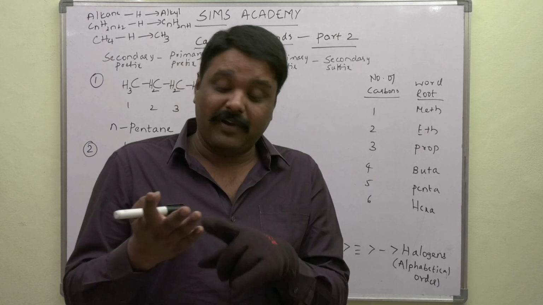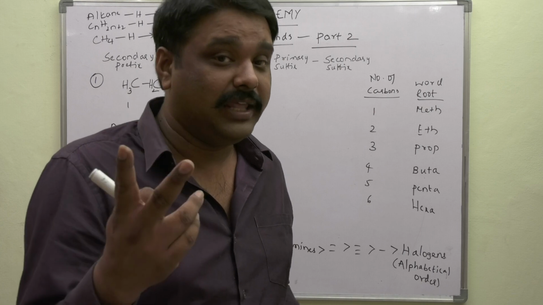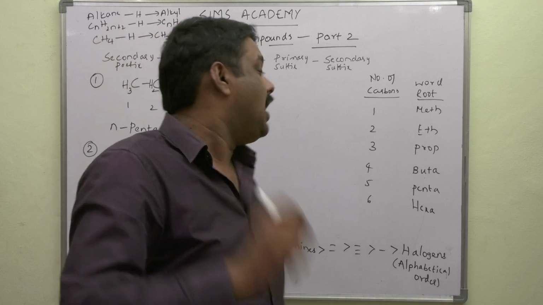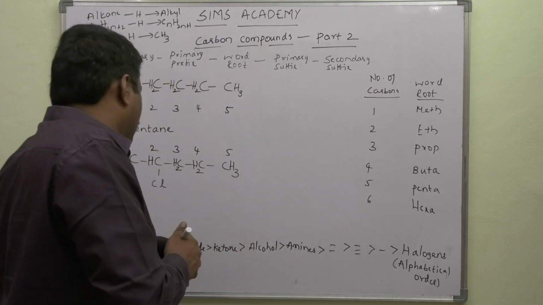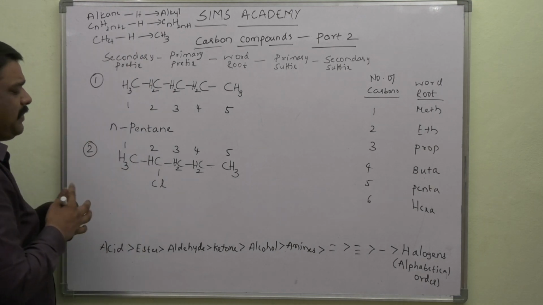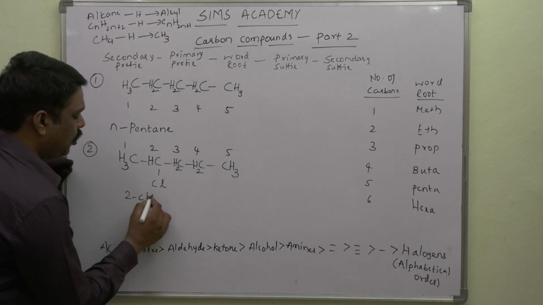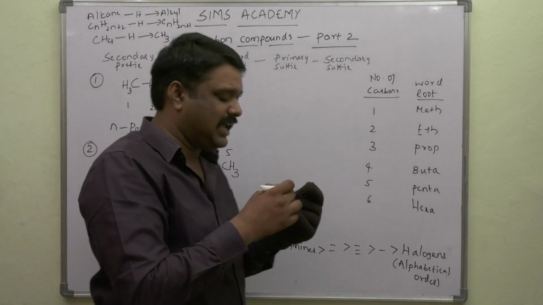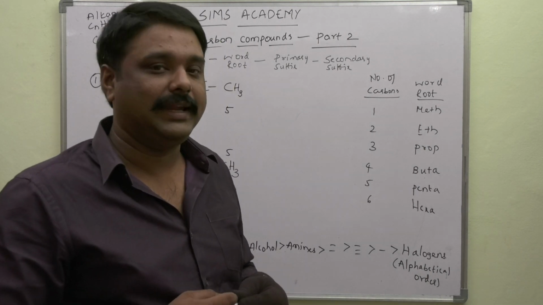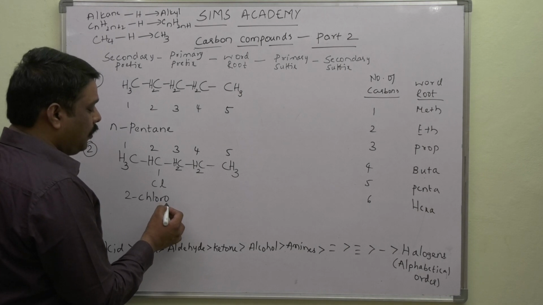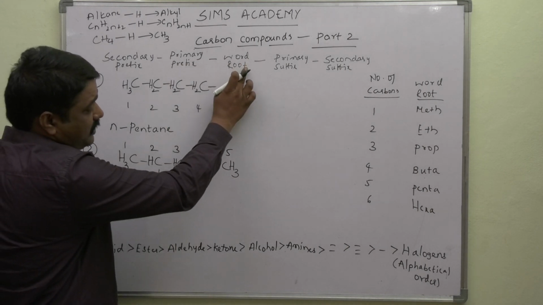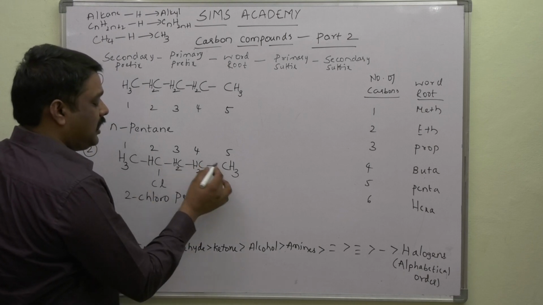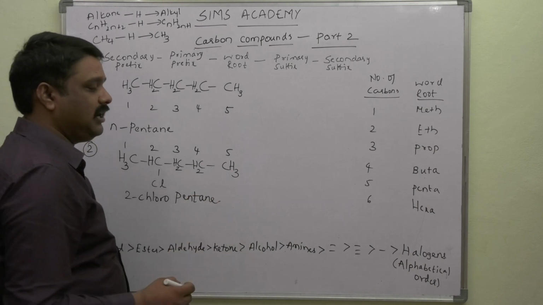So number prefix. What about numerical prefix? 2 are there, hence we mention it as di. 2, 3, dichloro. Okay, here we don't have any 2 or more, only 1. Hence in secondary prefix we mention 2-chloro. After that, primary prefix, take this primary prefix aside because it is not a cyclic compound. Hence 2-chloro. Next after this, primary prefix is not there. Coming to word root. Word root is 5 carbon atoms, pent. All are single bonds, pent-ane.